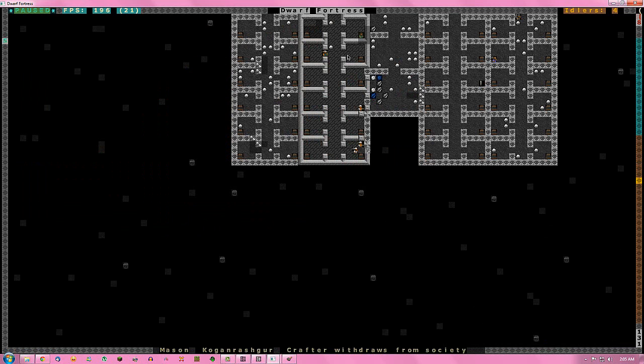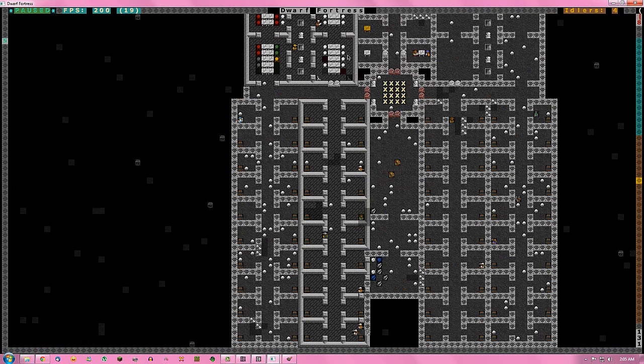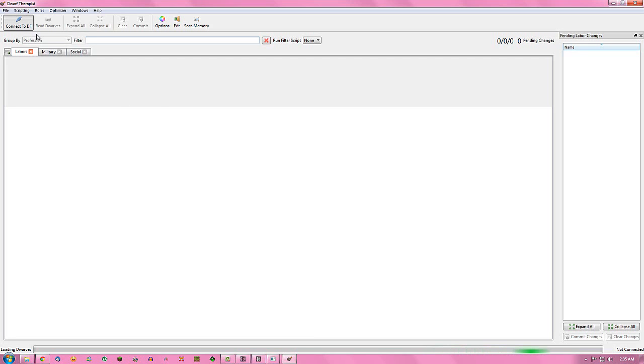Alright, so we have a dwarf who is withdrawing from society. In other words, he's having a fey mood. Which dwarf is it? It looks like it's this guy right here. That is one of my masons. Mason Kogan Rashigur. Let's see which mason that is. Connect and...